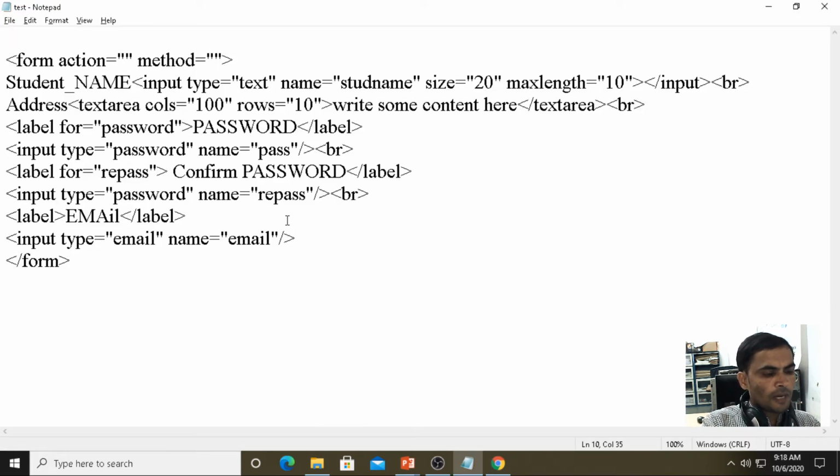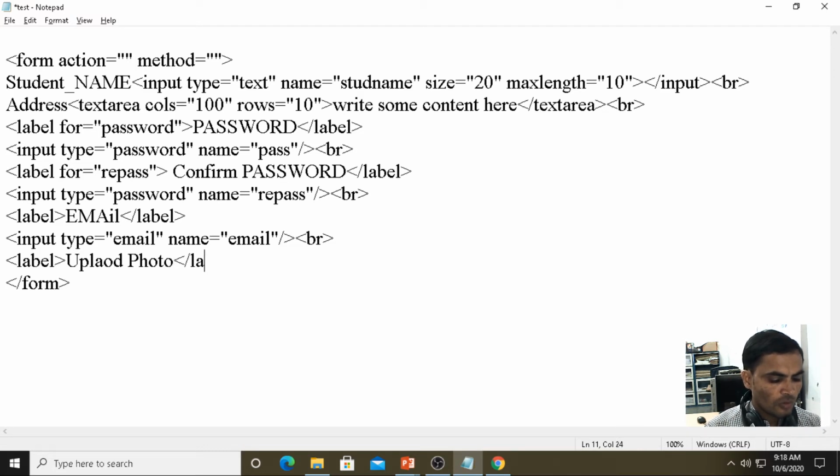Now email, password. Then we are having one more. If you want to upload a file, then we are having label, upload image, upload photo or image.